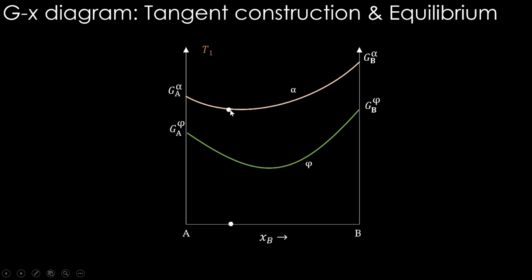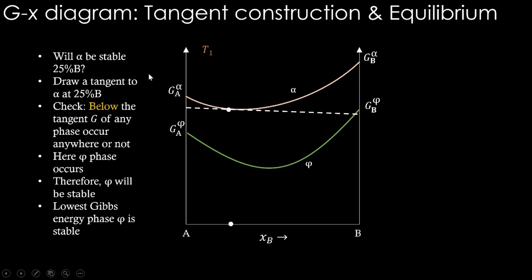But if multiple curves come, their positions are here and there, it will be difficult to read which is below what and what will be the most stable phase. So in that case, there is this tangent construction method that is going to help us. Let's see how it is done. At this point, we are going to draw a tangent to alpha curve. At this overall composition point on the alpha curve, we draw a tangent there and check is there any other phase Gibbs energy curve being lower than that. You see this green curve is completely below this line. Therefore, this green curve, meaning the phi phase, is going to be stable. That's how we have to figure it out.